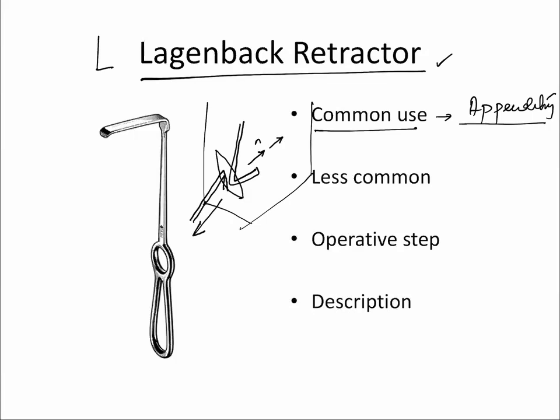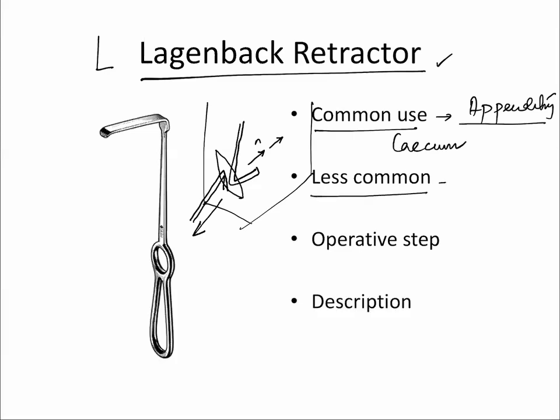Which structure is he trying to see? That's it. He is trying to see the cecum. How do I identify the cecum during an appendicectomy? Number 1 is, it is the lateralmost structure. Number 2, more broad than tall. Number 3, blue-white in color. Number 4, tinea coli will converge. 4 points, please. Lateralmost, more broad than tall, blue-white, and tinea coli.